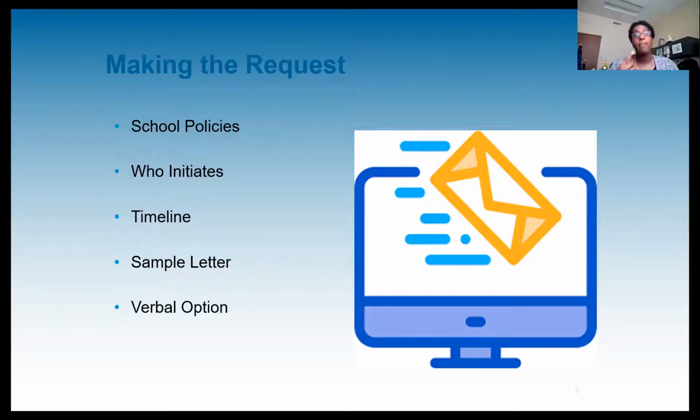That letter can explain CF, why it affects the child, how it affects the child in a school setting, and then also list out some accommodations. So the letter that I have for my families, if they need it, has a very long list of various accommodations that they could use, but it is more to encourage the conversation and really get the mind going so that the parents as well as the school can sit down, look at what is on that list, and then decide: are these some of the things that we need? Are there other things, just to make sure that they are really tailoring it to that child?